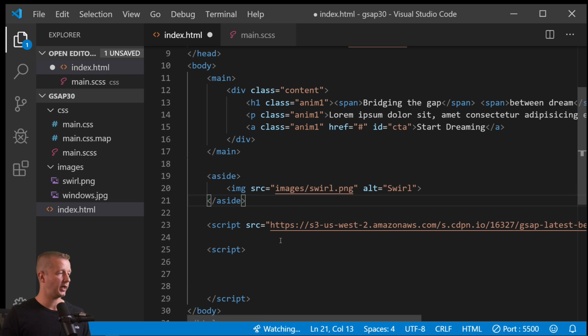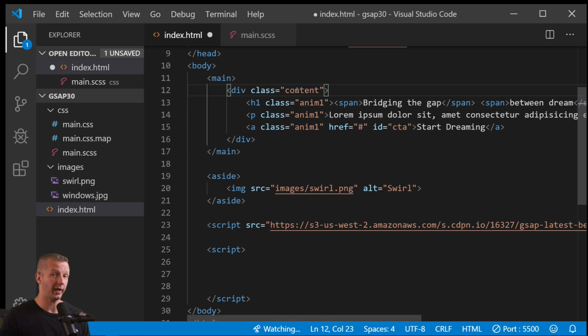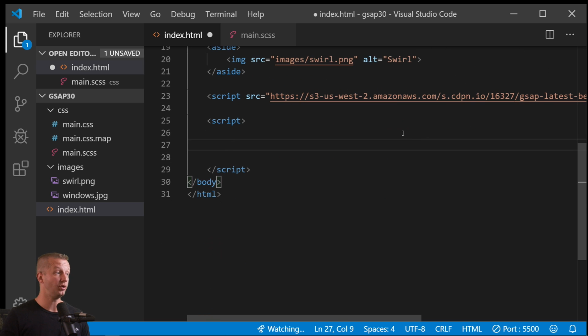So what we want to do is, let's say for instance, we wanted just this element right here, this div class content, to just animate from opacity 0 and then down. Just move it down on the y-axis. Here's how we would do it with the new GSAP 3.0. So we'll say GSAP from, and the great thing is if you used GSAP in the past, like the 2.0 versions,